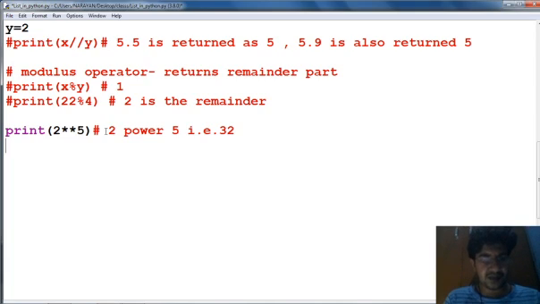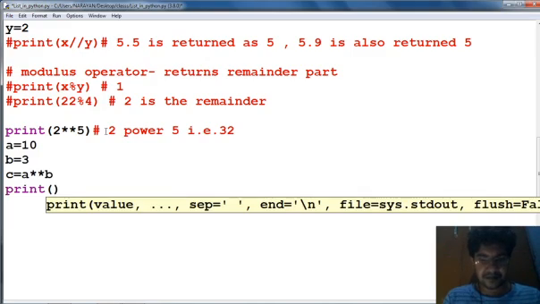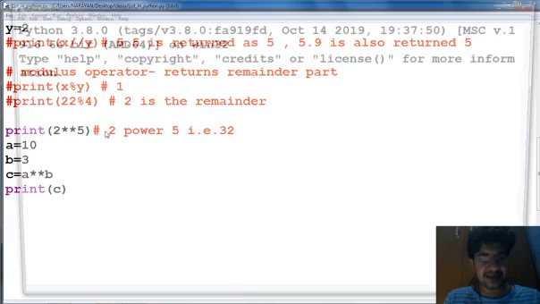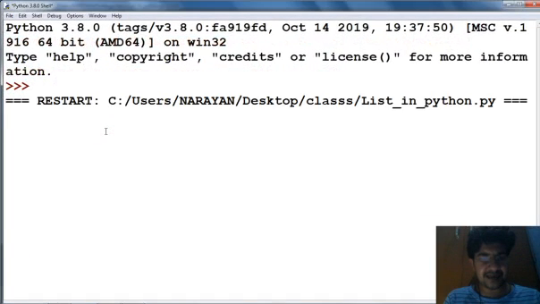Similarly, if a equal to 10, b equal to 3, and we calculate c equal to a power b, you will get the result 10 to the power 3, and that will be 1000.